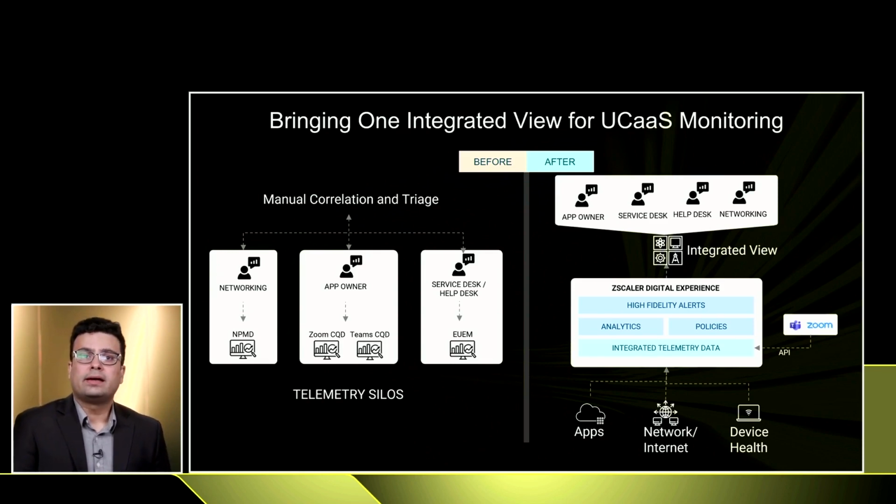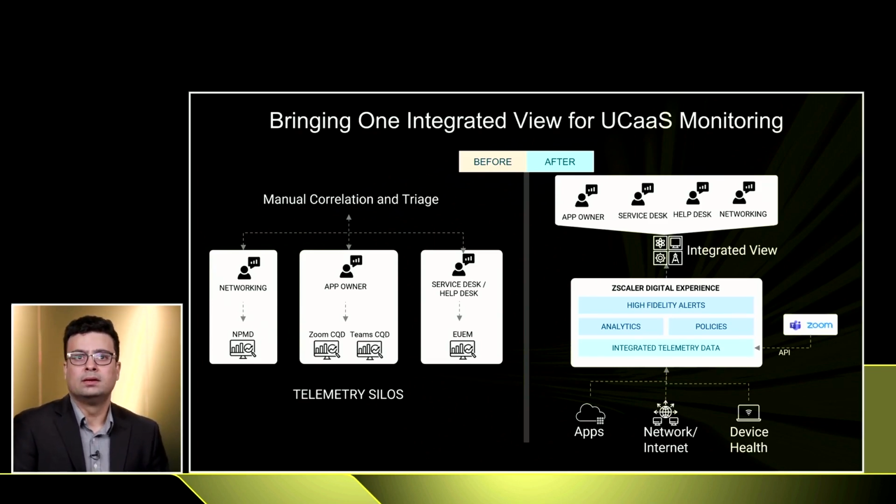You can look at the health of SaaS apps such as Microsoft Teams or Zoom through ZDX, as well as the network path from users' homes all the way to the destination service, and endpoint performance such as CPU and memory performance, and which software on your user's device is potentially having an adverse impact on Zoom meeting performance.